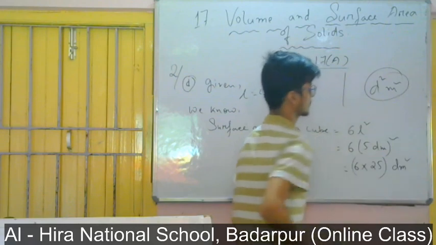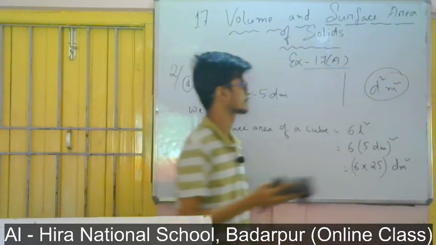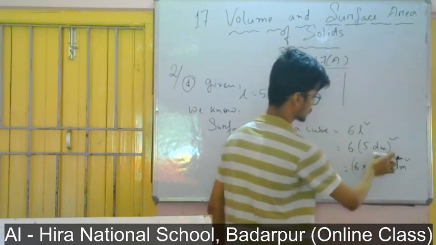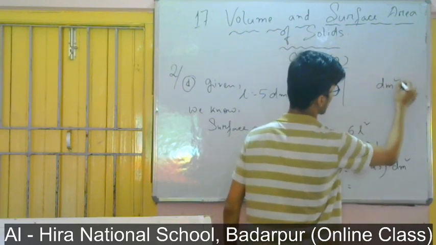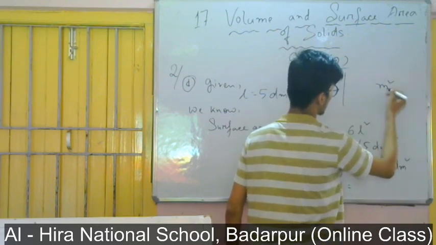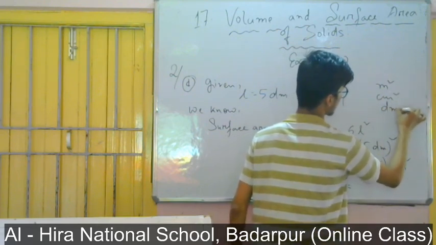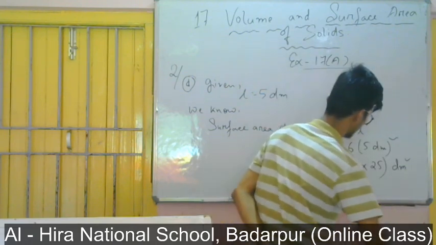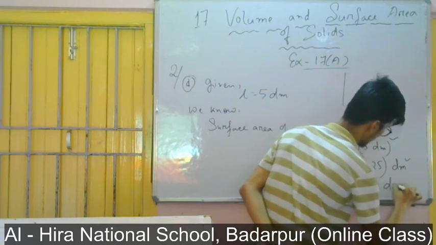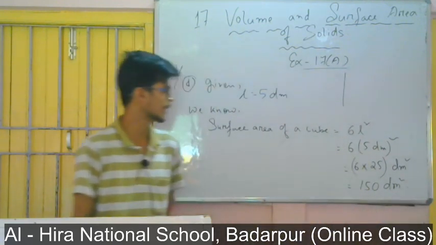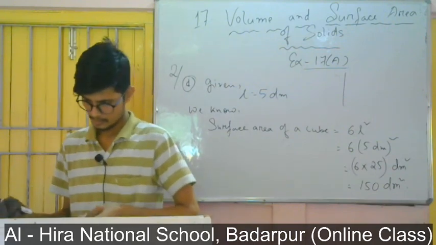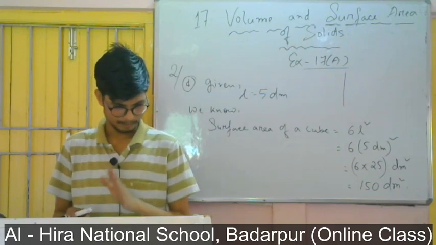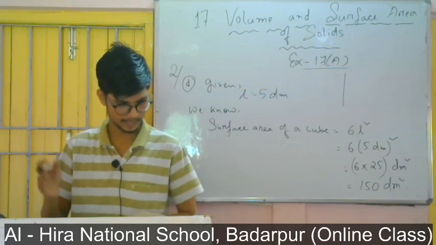Some of you may think it like this. It is not algebra, it is a unit here. These are not the coefficients, these are not the variables. So it is a unit dm, like how we have given meter square, centimeter square, like this it is also dm square. So 6 into 25 it will be 150 dm squared. So this is the required answer. Okay, the rest E and F you try at home.